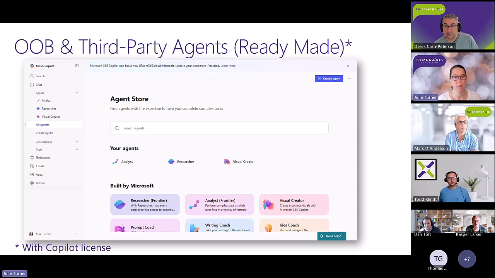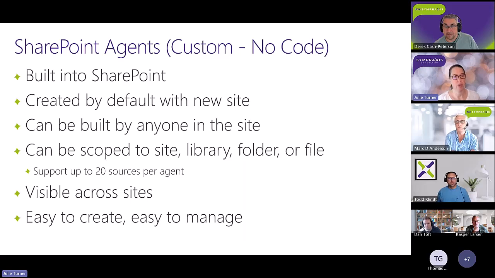Cool. All right. So Todd, let's segue to you for the SharePoint agents, which is sort of this custom or no code starting point. Yeah, this is a new thing that came out about a year or so ago, and we did a whole Ask Some Praxis about this. So if you're watching this recording, stop right now, go back to our YouTube channel and watch it, because it's 30 minutes of goodness, whereas I only get a couple here.